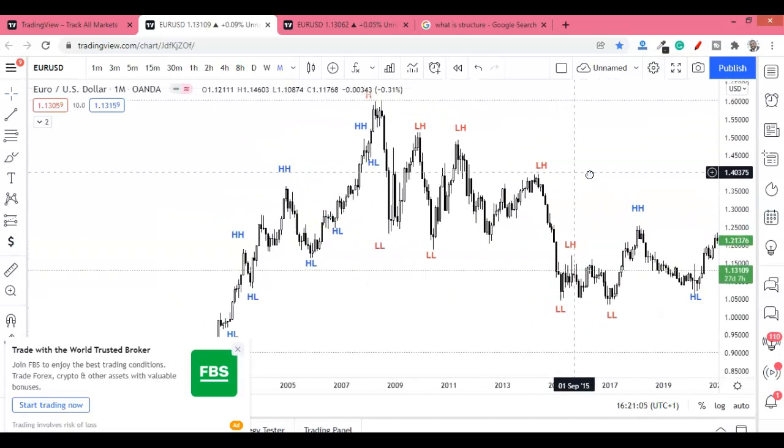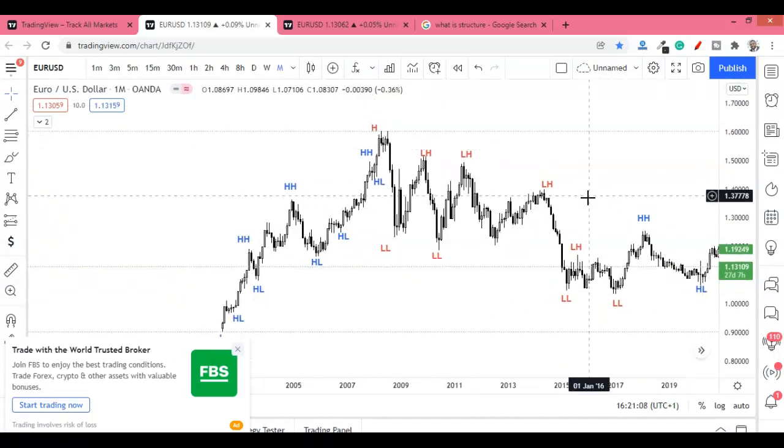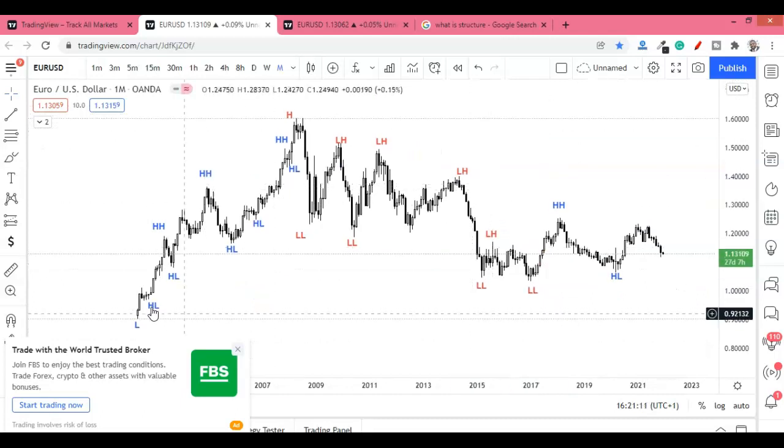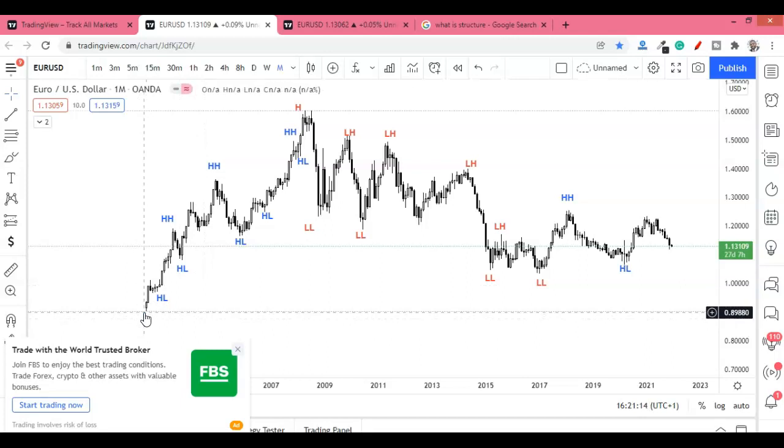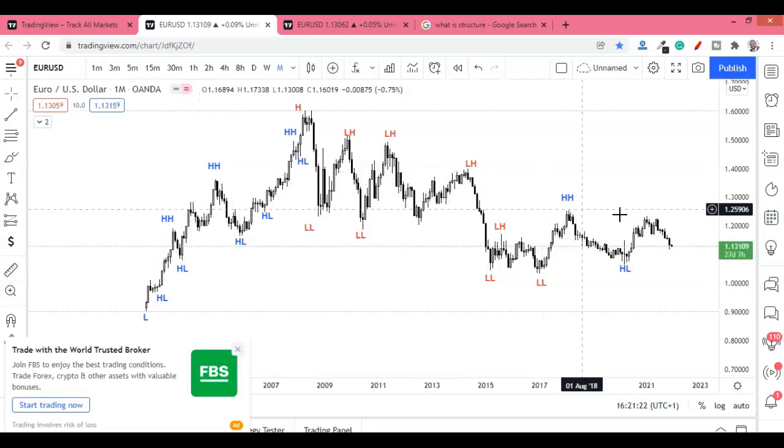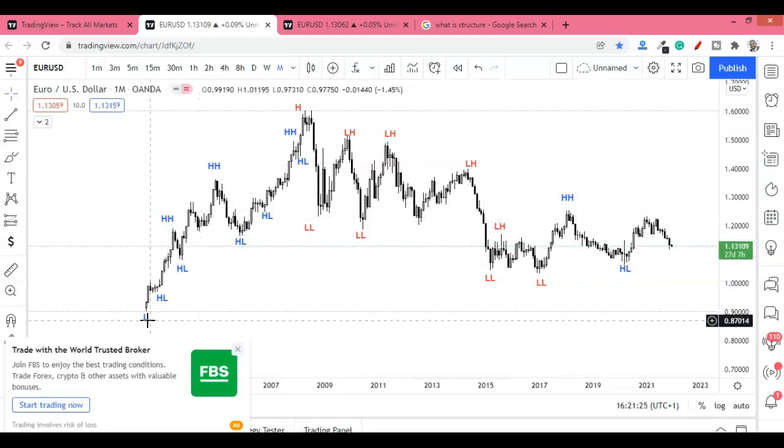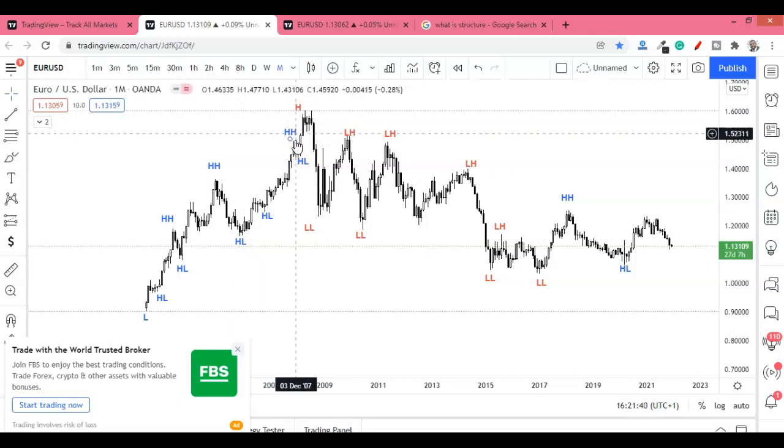Let's take a look at a diagram, a chart, to explain further. This is a monthly chart of EUR/USD, and you can see from here we have the low starting from this place, a higher high, a higher low, a higher high. There are multiple. We are not going to annotate all of these highs and lows, just the key ones: low, higher high, higher low, higher high. Why is it a higher high? It closes above the previous higher high. Another impulse upward, higher high, higher low, then a higher high.